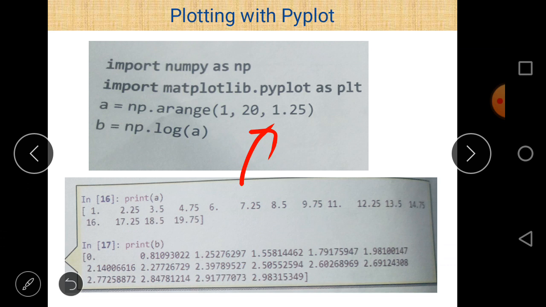So we get different values starting from 1 up to 19.75, and there are basically 16 values, with an increment of 1.25 here.